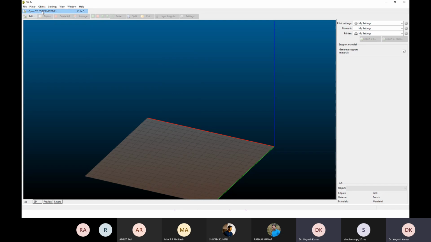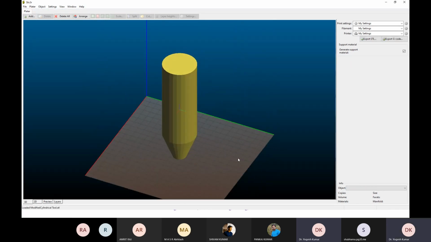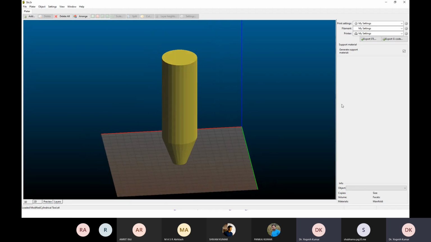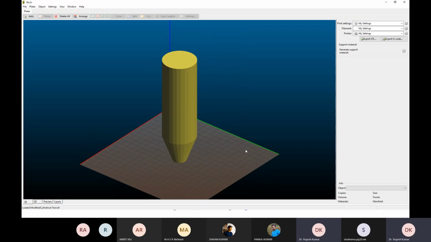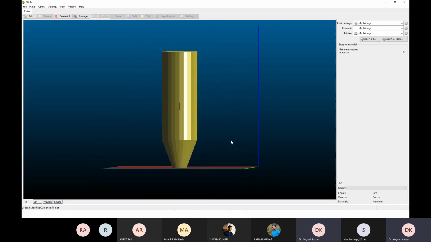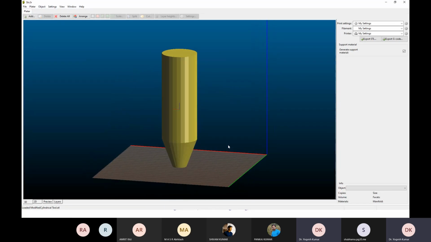Okay, this particular file I have, and now what I am supposed to do? Let me try with the existing orientation of your CAD model, and your STL file has been imported exactly in the same orientation in which it was created originally in your CAD modeling software.